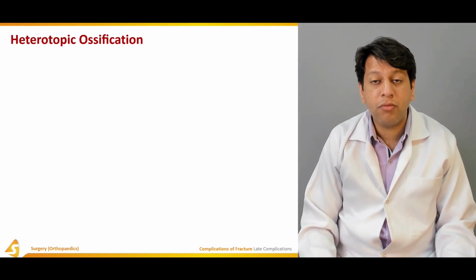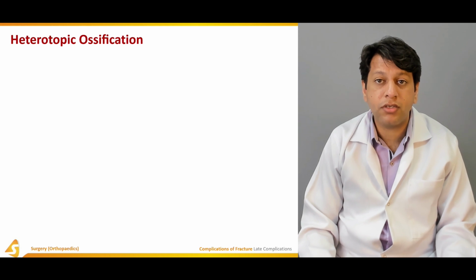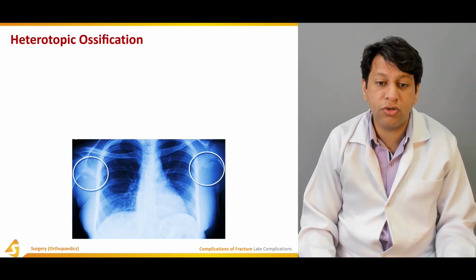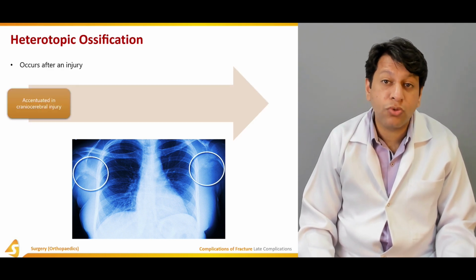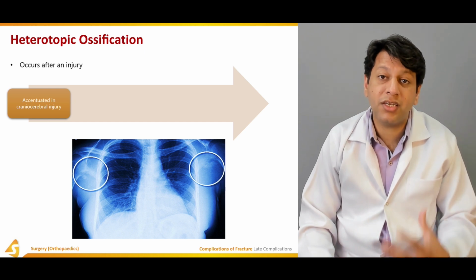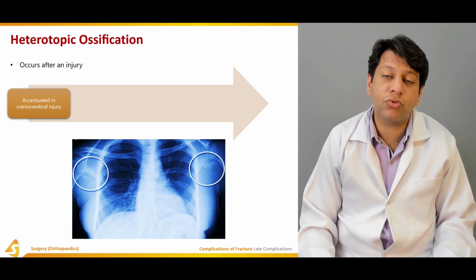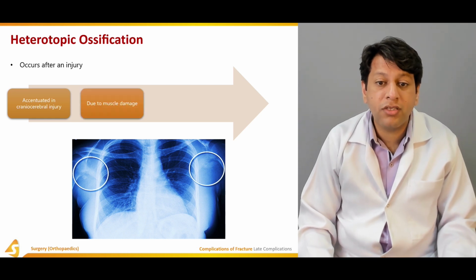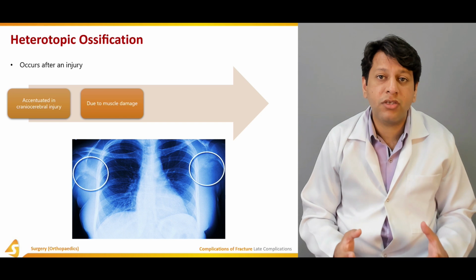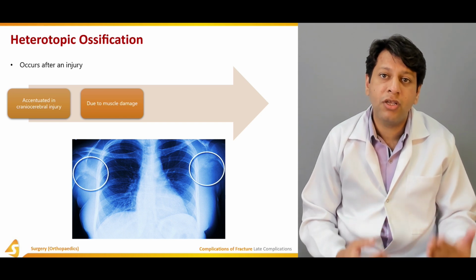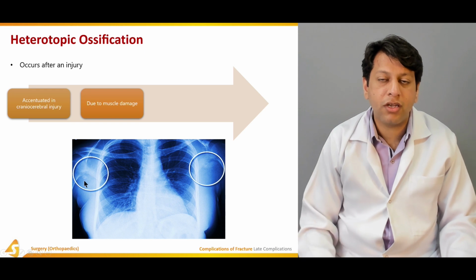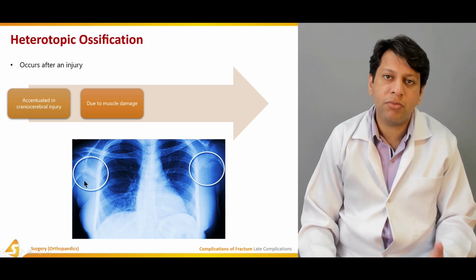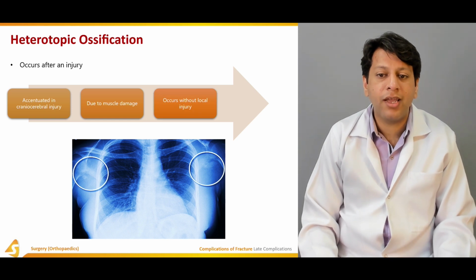Now, a rare but very important late complication of fracture is heterotopic ossification. It occurs usually after injury. Most commonly, it is associated with craniocerebral injury, that is either a head injury or spinal cord injury. This is due to muscle damage, and usually the ossification occurs in the muscle and between the muscle and the joint capsule. Periarticular. If you see it over here, this is the muscle, and this is where the ossification is occurring. It's outside the joint, usually between the muscle and the joint capsule,